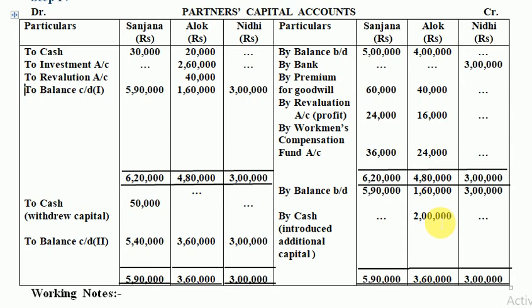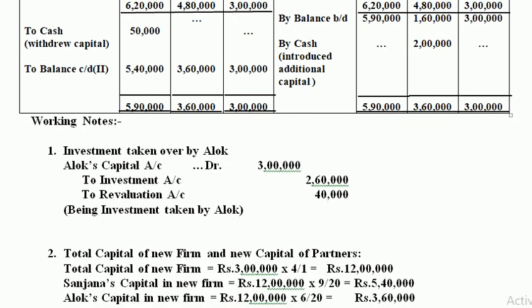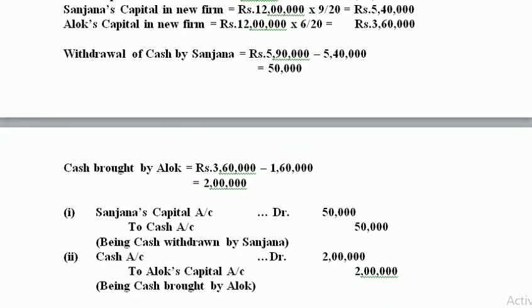Now it's time for you to write down everything under this topic in your copy. Solve this question once by seeing it from the video. The second time you have to do it on your own. And remember, I need all 6 steps in your copy when you solve this. The main parts are the revaluation account, partners' capital account and balance sheet. I've already told you the revaluation account carries 2 marks in the exam, the partners' capital account carries 3 marks, and your balance sheet also carries 3 marks when the question comes for 8 marks. All the rest of the steps should be part of your working notes, which is essential to be shown.